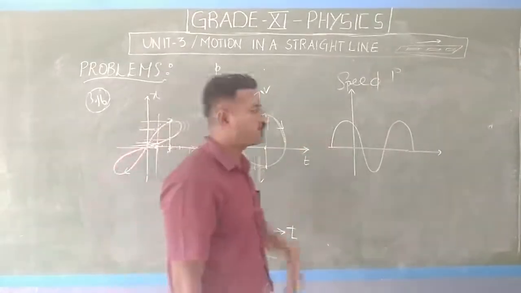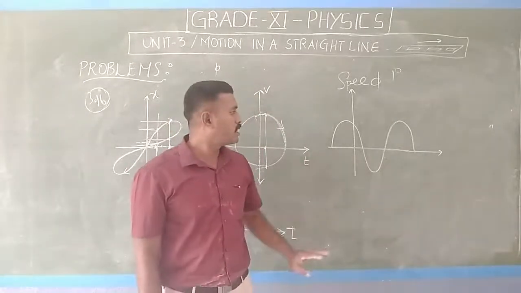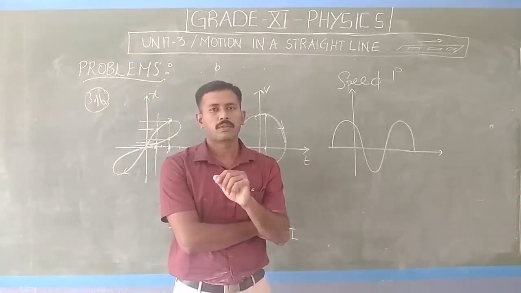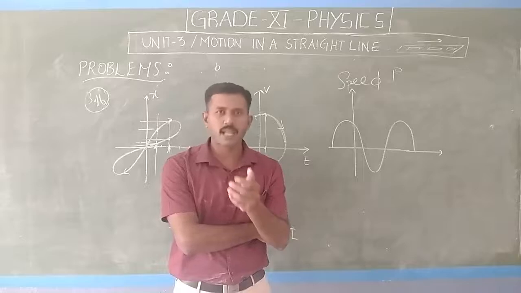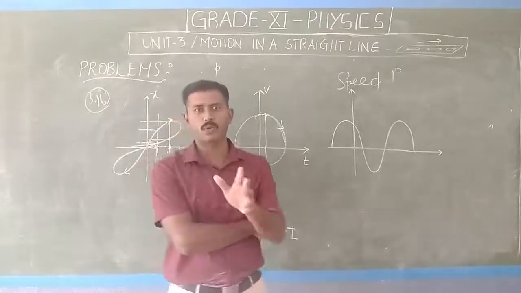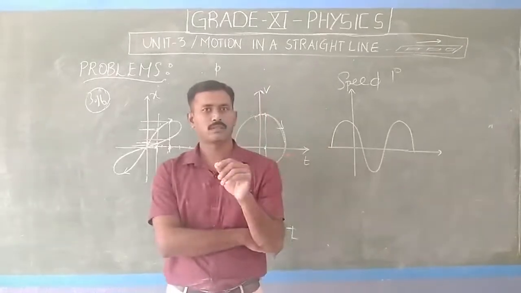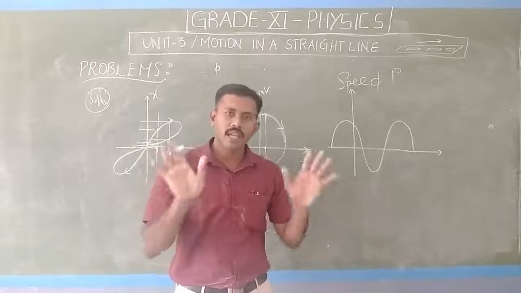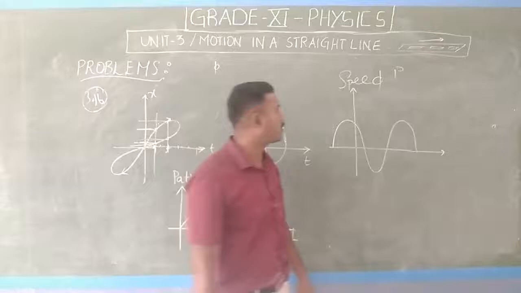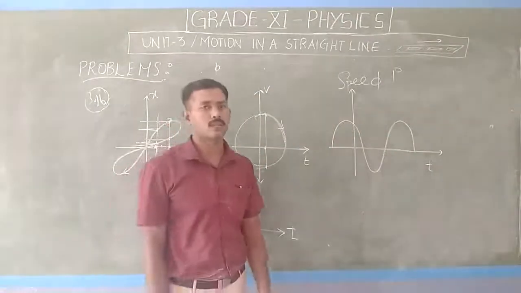And we come to the speed. The speed is a what? A speed is a scalar quantity. Then it does not have any direction, I told you. So the magnitude does not have any negative values. Clear? It does not have any negative values. So this wave is not a proper value for the graph of the speed. The speed should be written as a magnitude in the positive axis.